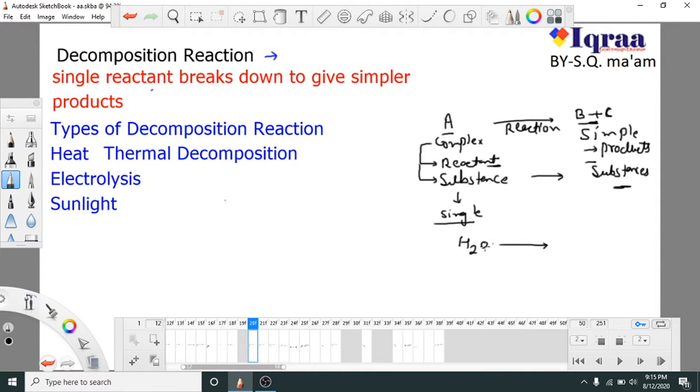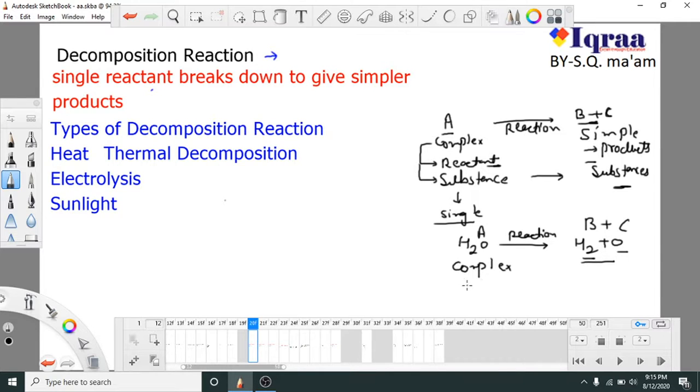So now H2O is a complex substance. According to our view it is not so complex, but you can feel the complexness after completing the reaction. So H2O is going into reaction. We can consider it A. It is complex, and after reaction it will convert into, everyone knows, H2 and O. So we can say that H2 is simpler than H2O, and O is simpler than H2O.